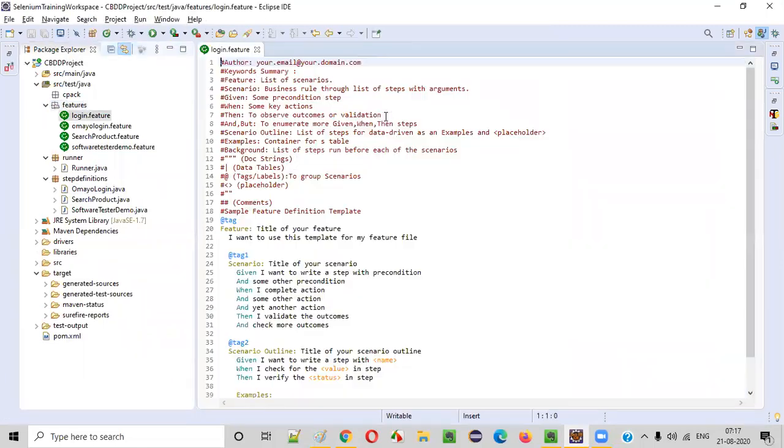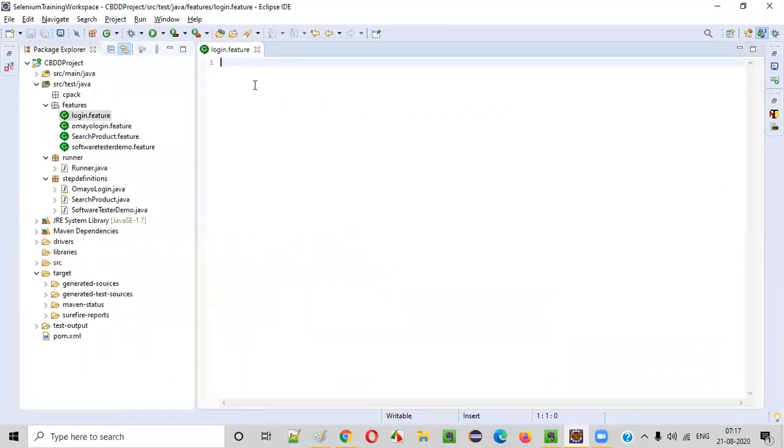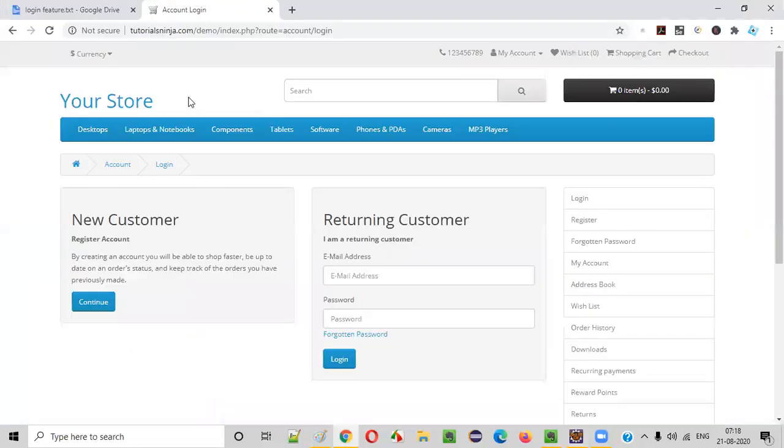Click on finish and remove all this stuff. Save here. Now type Feature: Login. This is all about logging into the tutorialsninja application.